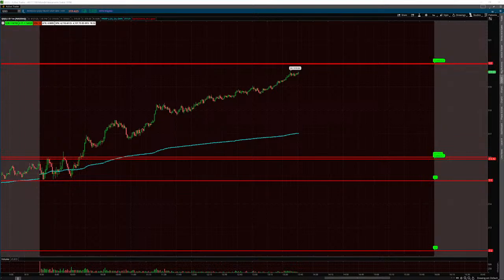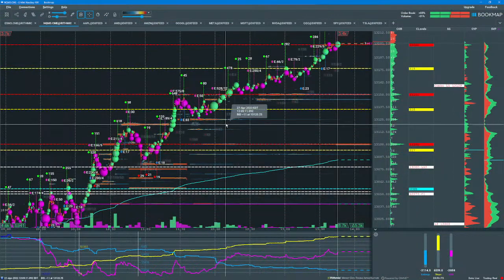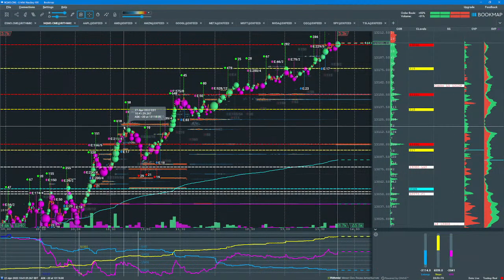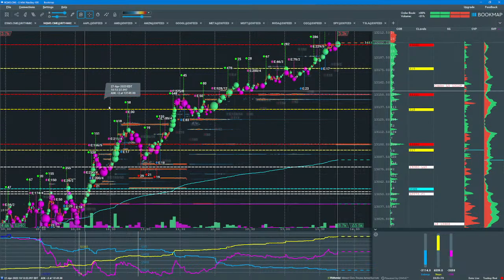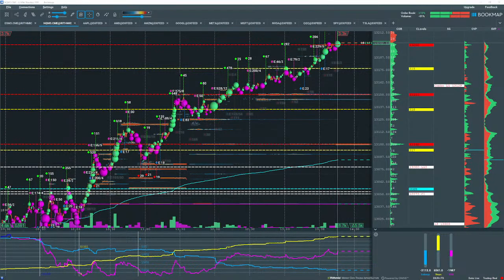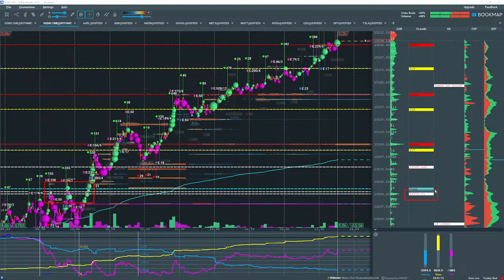All right, let's take a look at Bookmap now. So here's the NASDAQ. And when I talk about setups, I'll zoom in a little bit. But here's that break above the volatility trigger. That middle white line is actually the QQQ 316 volatility trigger. The light blue line, of course, is the upper edge of the daily expected move. And then this level right here is the 12,973. This is the NDX